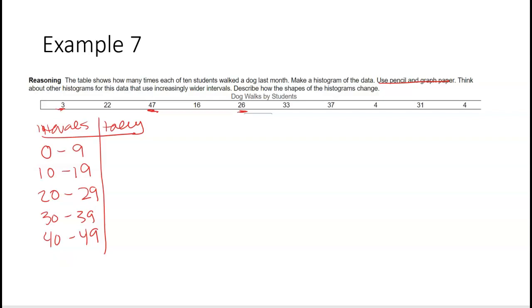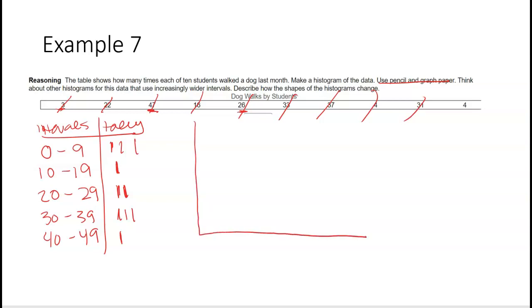And we actually probably don't even need that 51 because we only go. So 3 goes in this tally, 22 goes in this tally, 47 goes here, 16 here, 26 here, 33 here, 37 here, 4 here, 31, and 4 again. So now when we construct these,